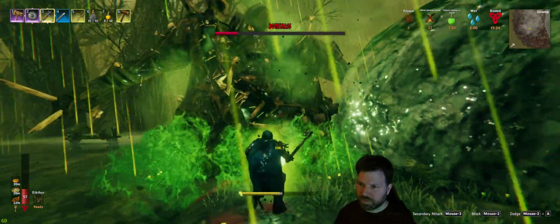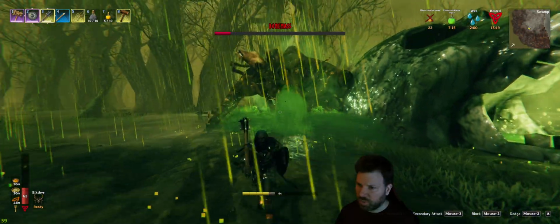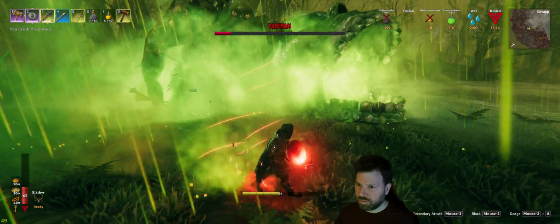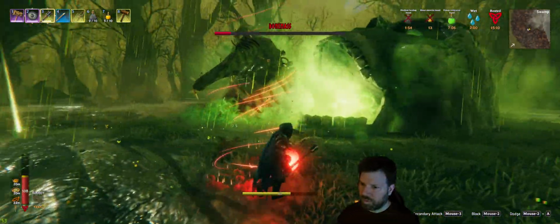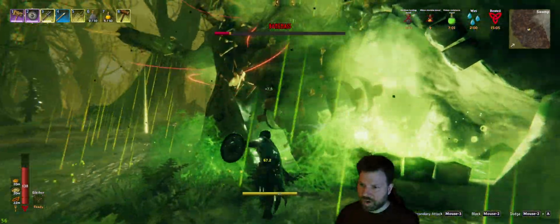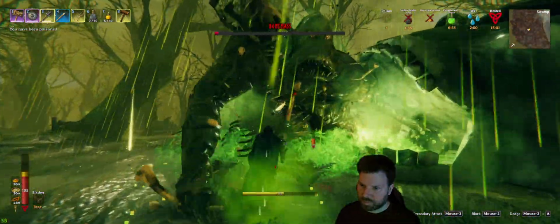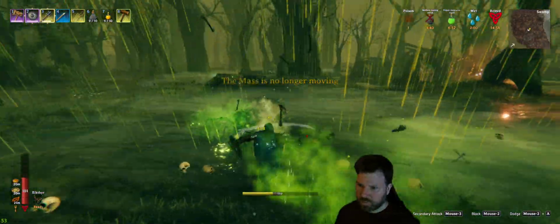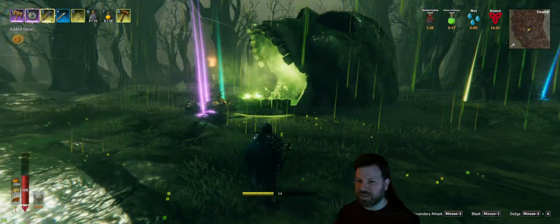He did not seem to take reflected damage from hitting me. Ooh, man, I'm a little wounded here. We're gonna drink a healing potion now. There we go. Get our health up, and we're gonna finish him off right now. Now, that's definitely an easy fight